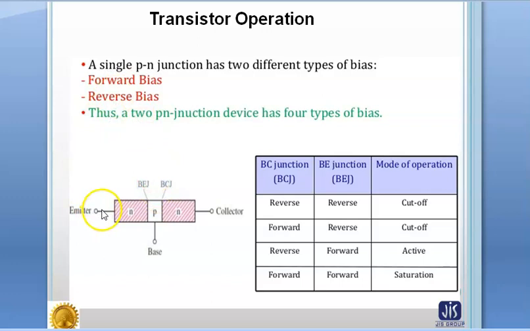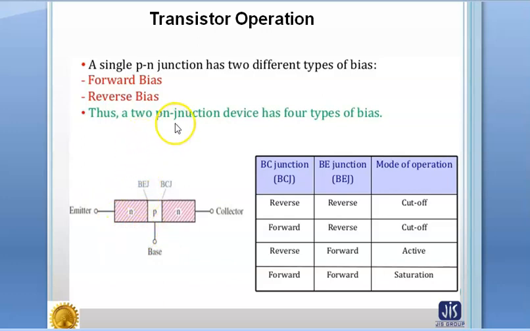The emitter junction is forward biased means a battery is connected such that the negative pole of the battery is connected to the emitter and, with respect to the base, the positive pole is connected to the base. Then it is known as forward biased. Reverse bias means if this PN portion, emitter and base, is considered as an NP diode, then the battery's positive pole is connected to the N side and the negative pole is connected to the P side. Then it is known as the reverse bias condition.